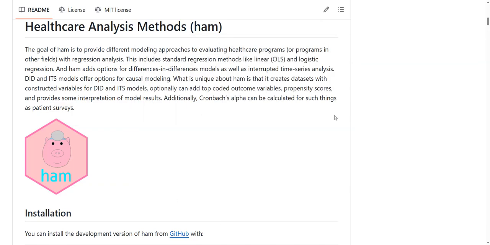Hi, this is a video on my R package, HAM, which stands for Healthcare Analysis Methods. This package was primarily written for the times we might want to do causal modeling, or we may want to use techniques or methods that strengthen our observational studies. Although these are primarily written for the use of healthcare interventions, they can be used in a variety of